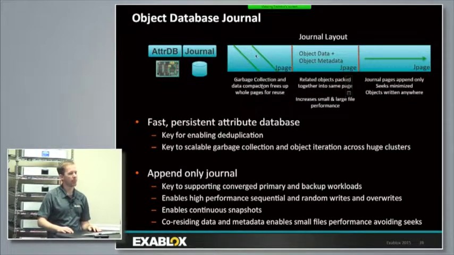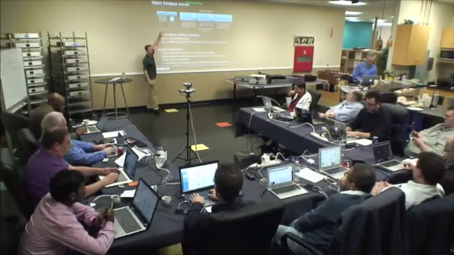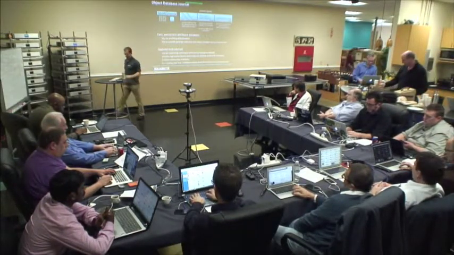So where are you accumulating the journal, in the SSD? No, the journal's actually on disk, and the only thing in the SSD is the object ID to which journal page it's on. Okay, but if I've got a shingled drive, then you've got to be writing smaller than the journal size. So we append to a journal page, but if we're going to go back and rewrite it, because we were going to modify an object,